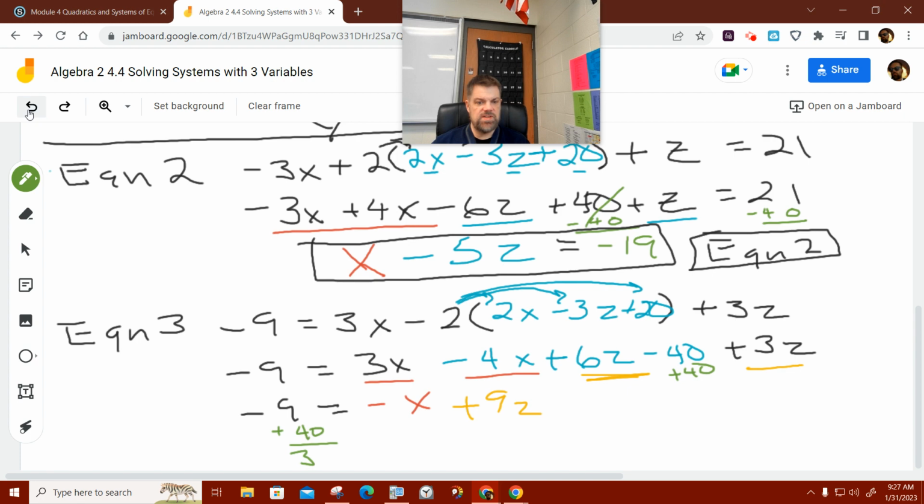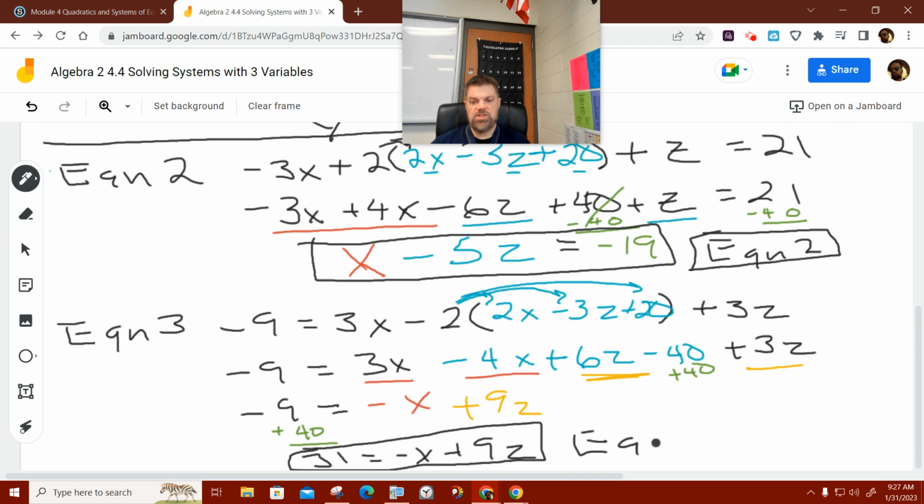Oops, let me do this in black. Positive 31 equals negative x plus 9z. And so that is now the new equation number 3. Okay? Yeah, that's 31. All right, so